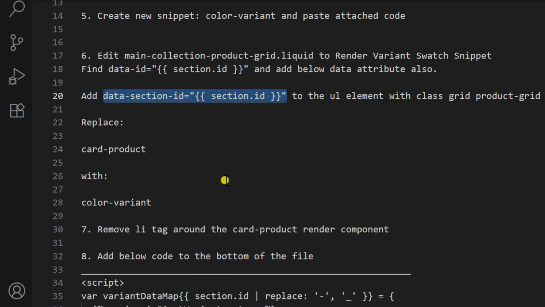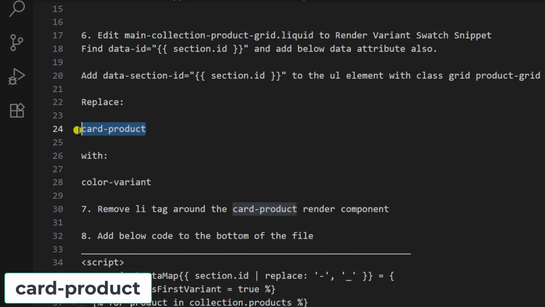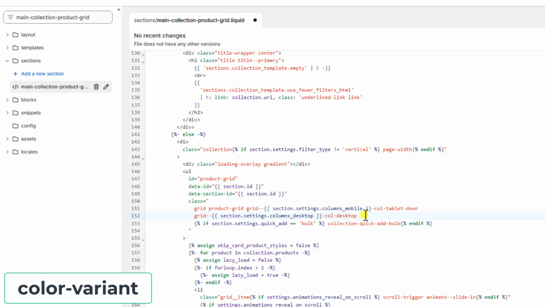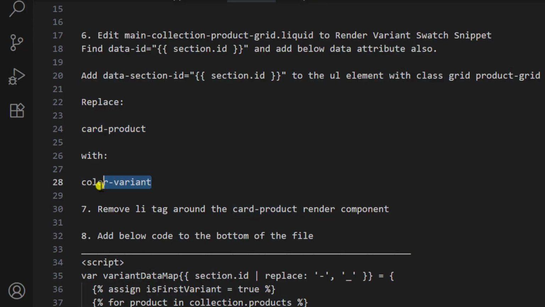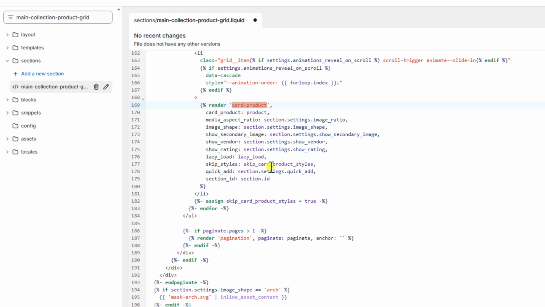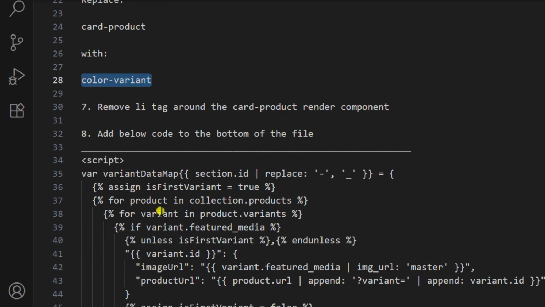Okay. Then after we have another thing to do. So we have to replace card-product with color-variant. So let me search this one using Control F. You will find it, and here we have it. It is highlighted right here. So we are going to replace this card-variant with color-variant. So let me copy this and go back, and I'm going to delete this one first and then replace it with color-variant. So once you are done, then again go back to the documentation, and we also need to remove